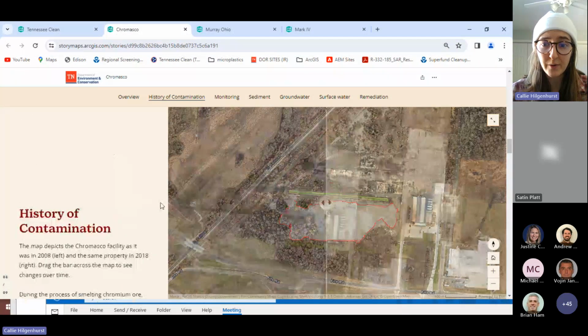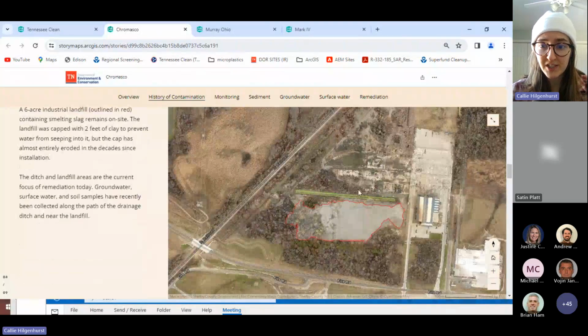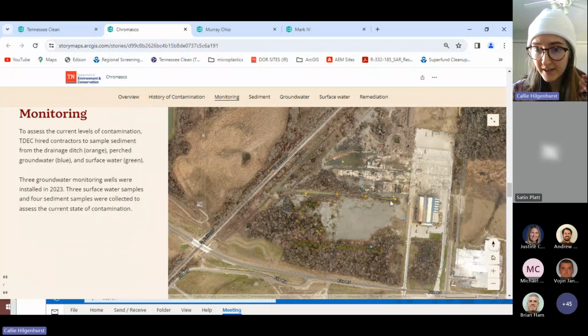As you scroll, you can say, okay, well, that's the past, this is the present. You keep scrolling. Okay, these two areas are highlighted. They must be important. These dots are probably points of interest. This is actually where we've sampled, and the colors represent what type of sample. So the green are surface water samples, the orange are sediment samples along this ditch, and then the blue are